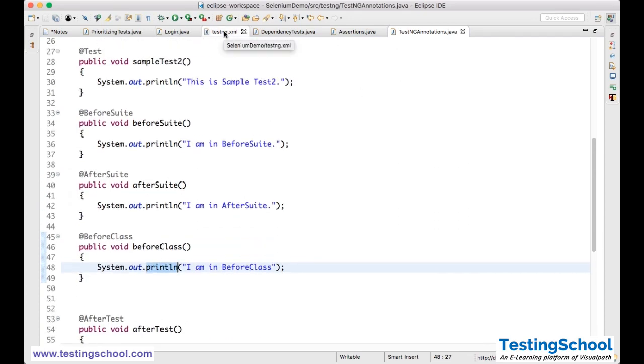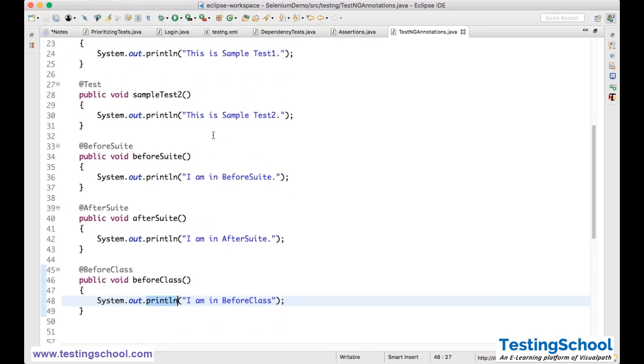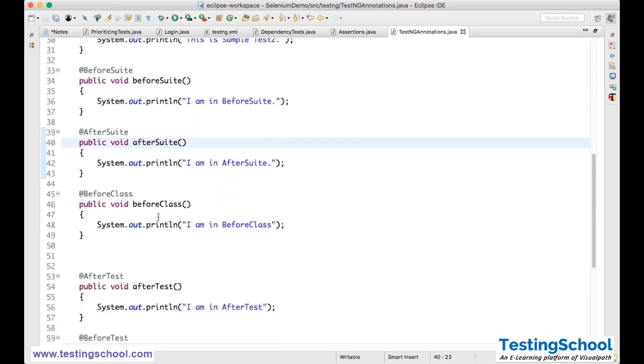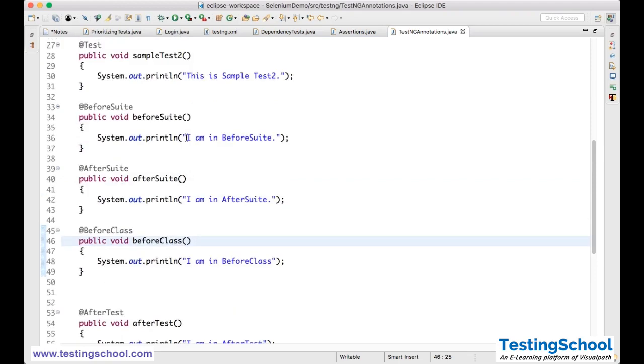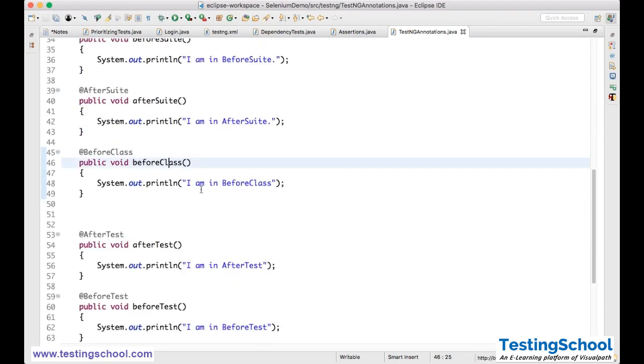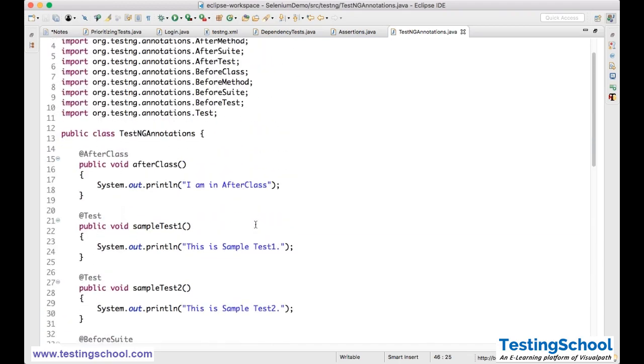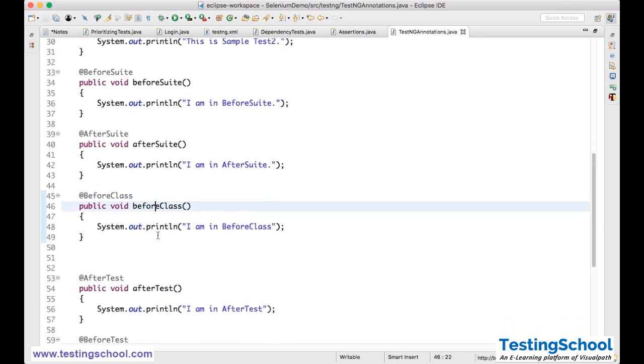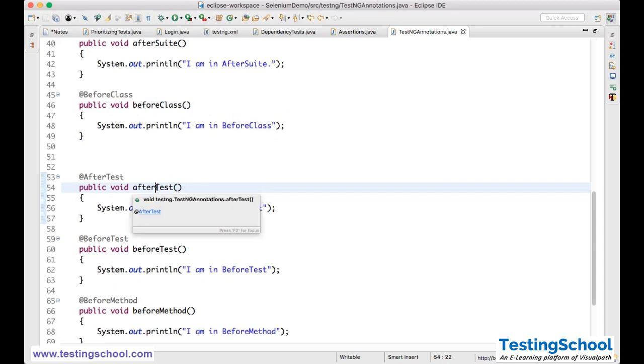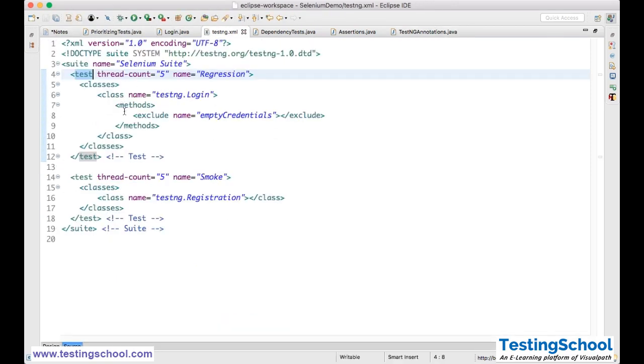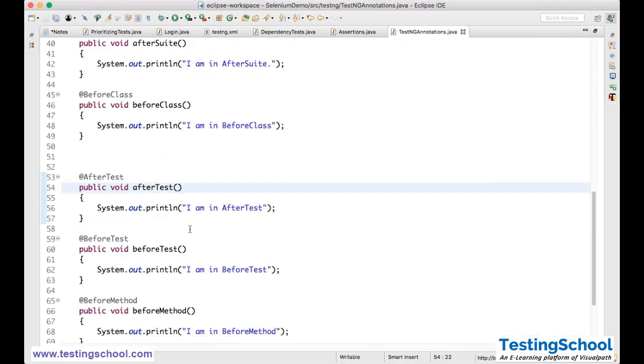When I execute this, how many times will it execute? Before suite, only one time. After suite, one time only. In the same way before class, I am executing only one class. For this class, before these two methods execution, it will execute once. Before class and after class, after test and before test. If you put only one test here,